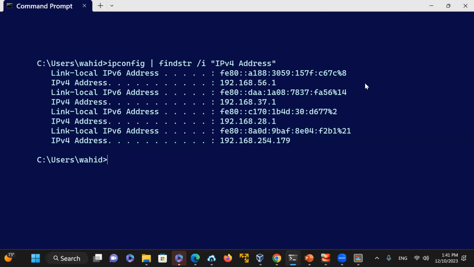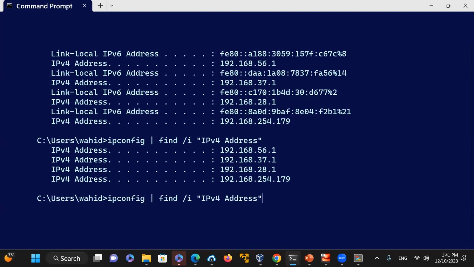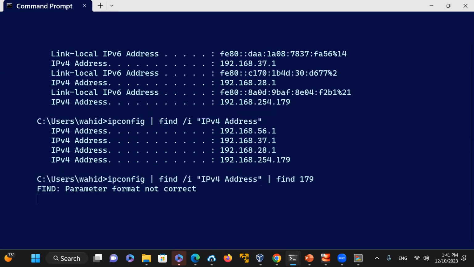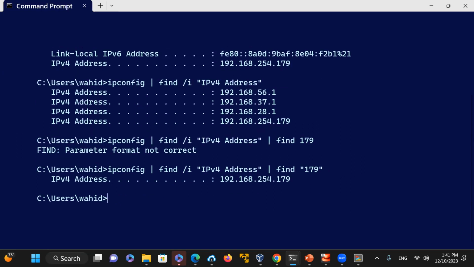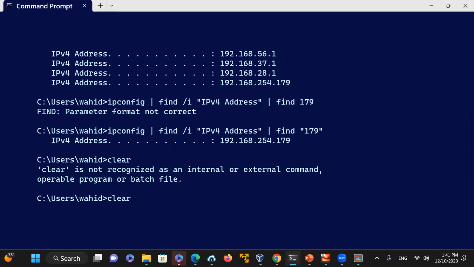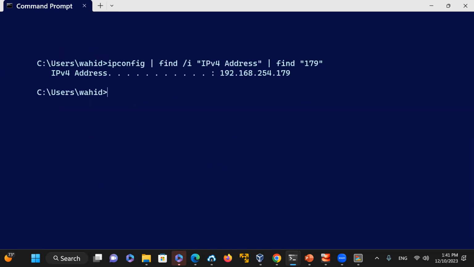Each one of these has one of these. The one I'm interested in is this one, not that one. If I look at this one and say, okay, find the string, I could do that. And if I do another find for 179, that would make it unique. Find, and then you have to put code in it. So you're looking for exactly a clear string like that, and that would give you the